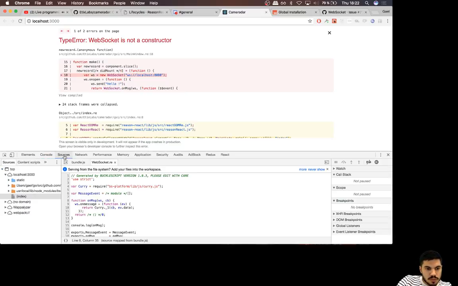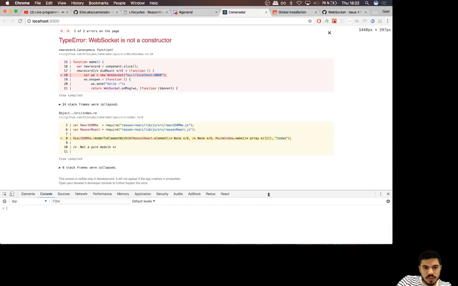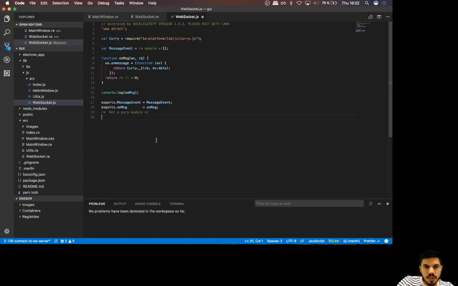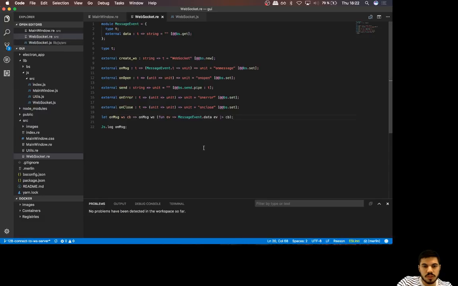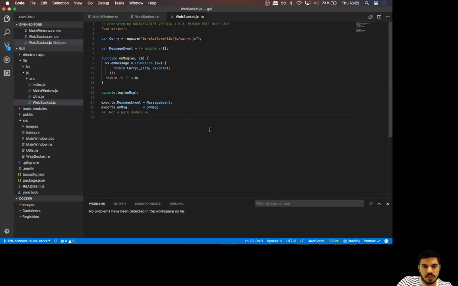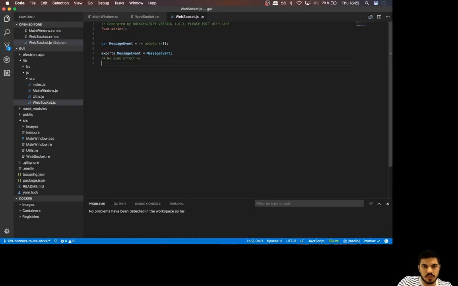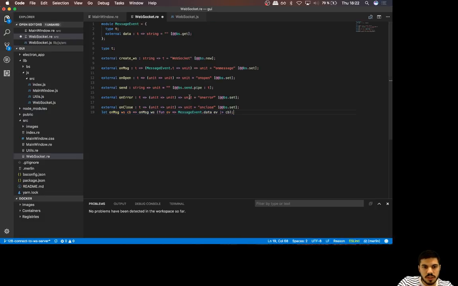To understand what's happening, I will go to the lib.js, and here is the code output by the builder. So basically, the Reason code is compiled to this JS. If I remove this line that causes trouble, my WebSocket.js is this message event equals a module, and it exports it. Okay, and if I add this,